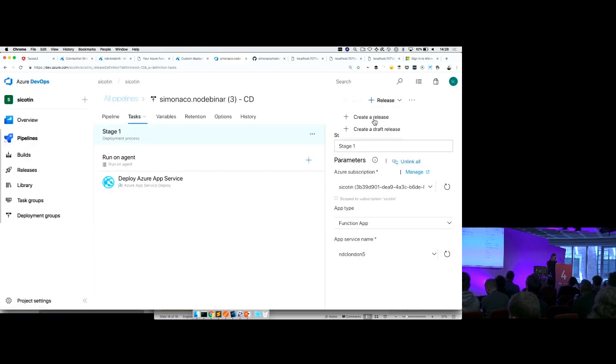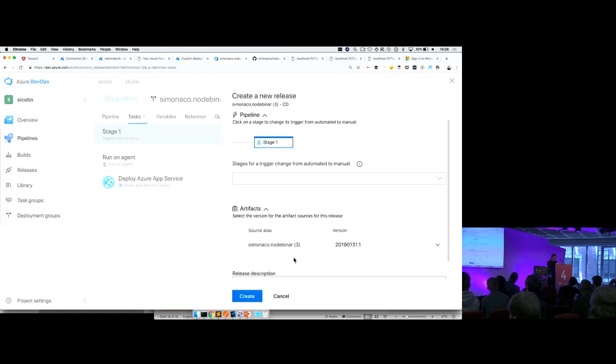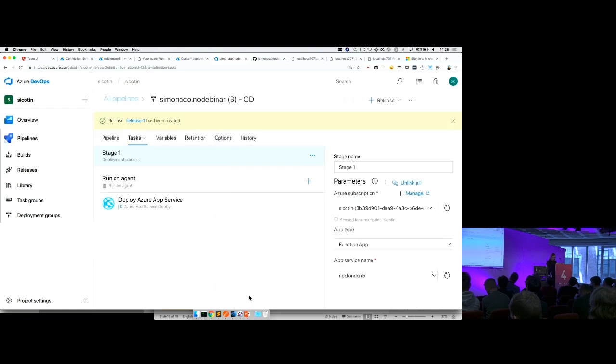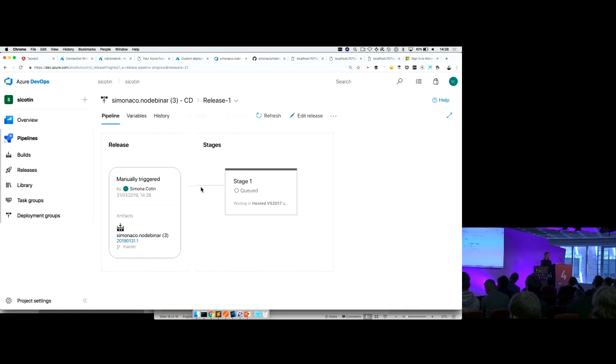And now I want to release it. So it's using the artifact that's been created with the build. And I can go into this release and see, again, what's happening right there. So if everything here works correctly, my code will be deployed to the new function app.